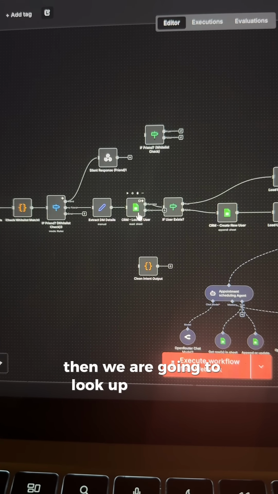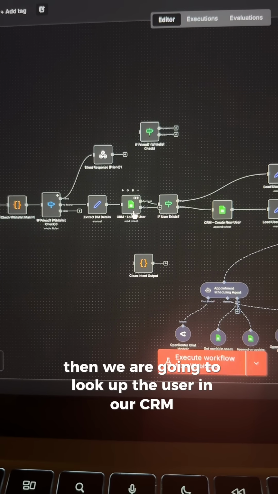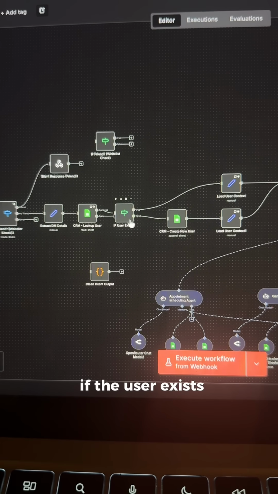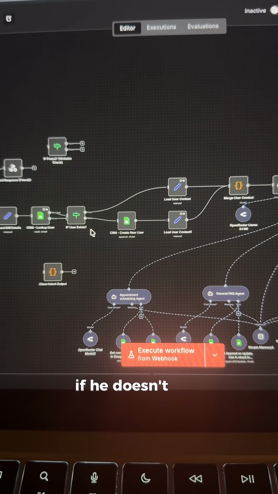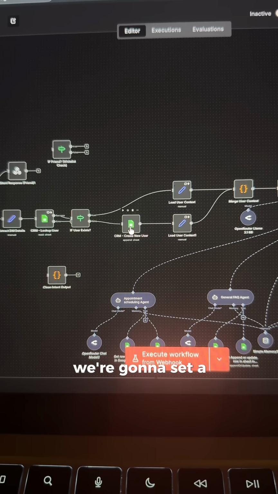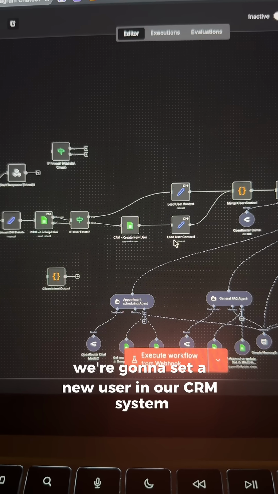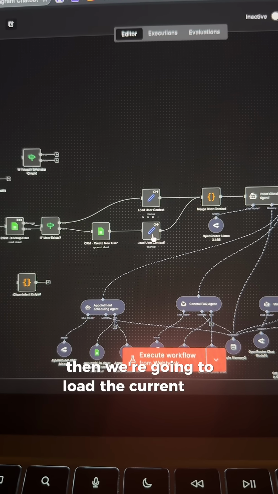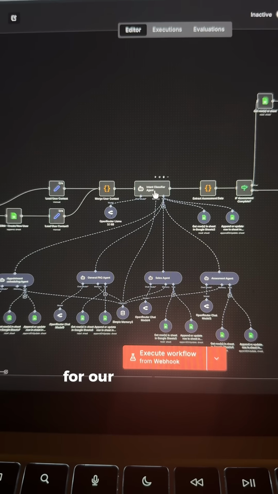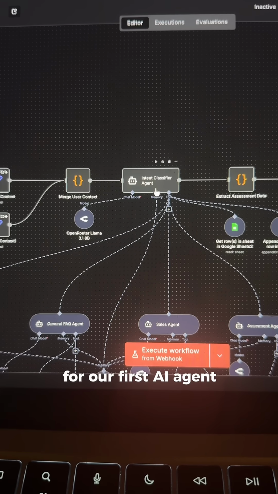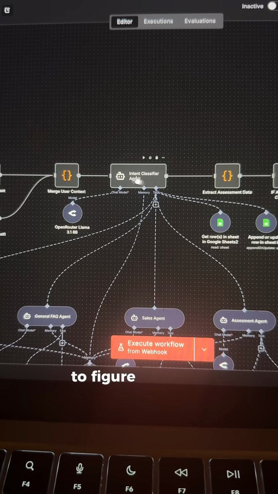Then we are going to look up the user in our CRM. If the user exists, we are going to load up the user context. If he doesn't exist, we're going to set a new user in our CRM system. Then we're going to load the current user context. Then we're going to merge everything together for our first AI agent that is going to figure out what the